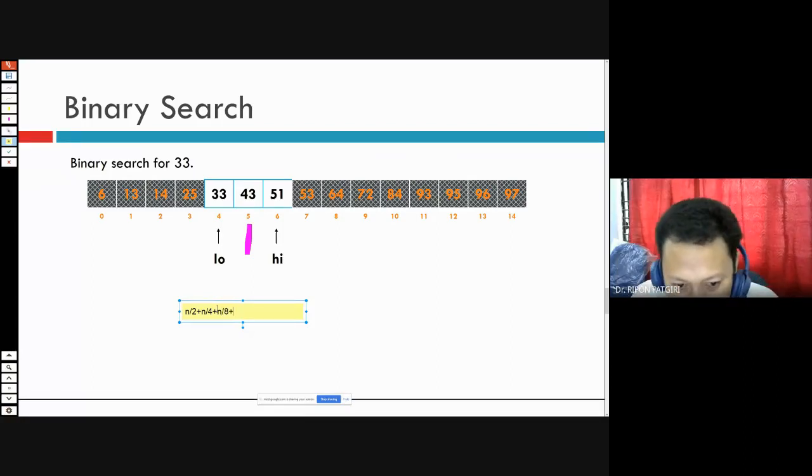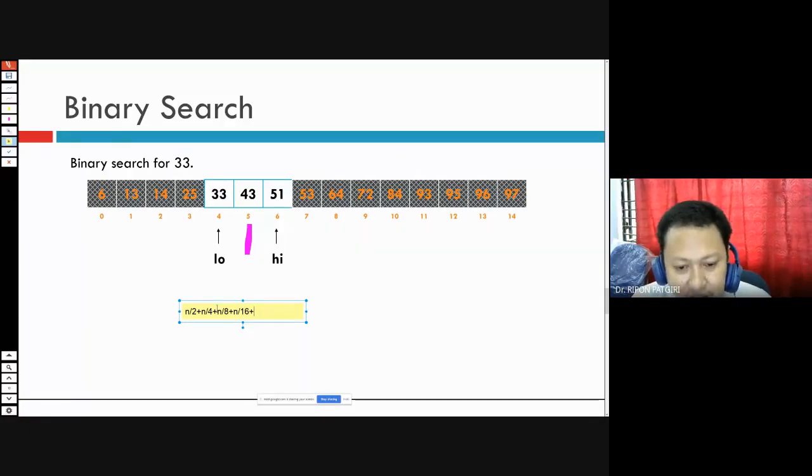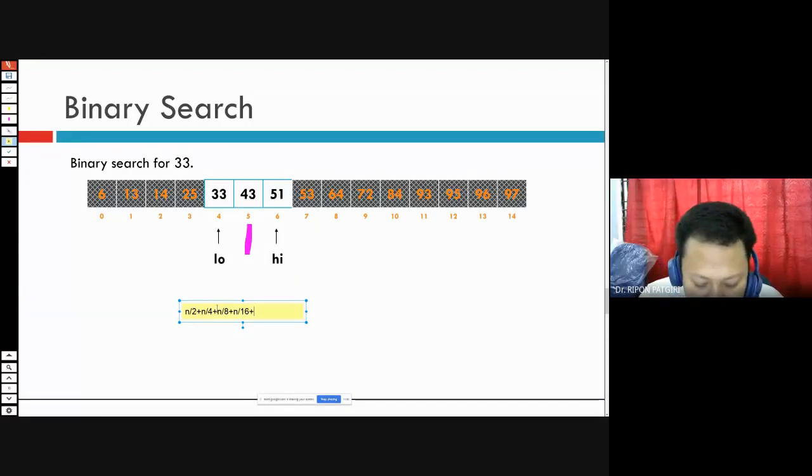Then n by 8 is divided into half, which is n by 16. Then you divide n by 16 into equal halves, then n by 32, and so on